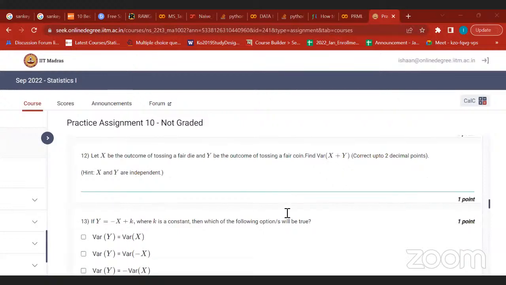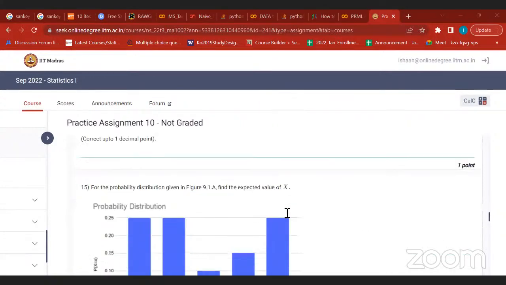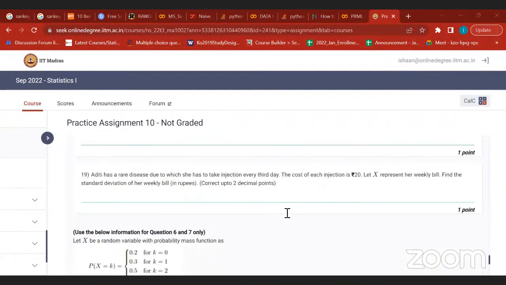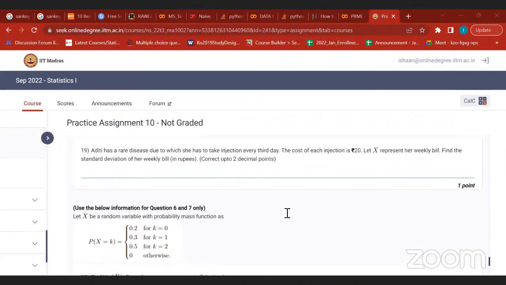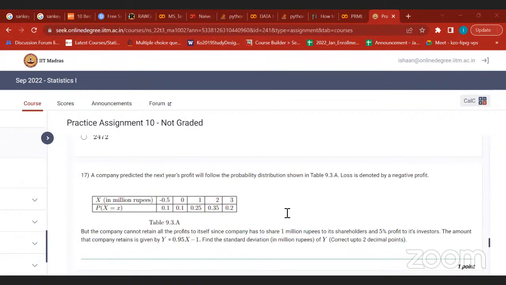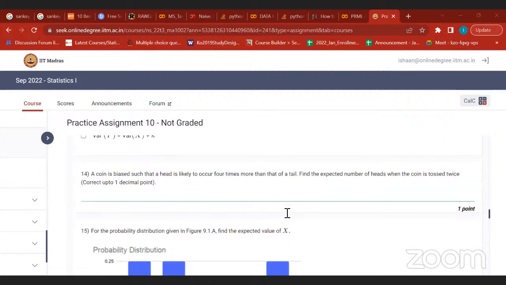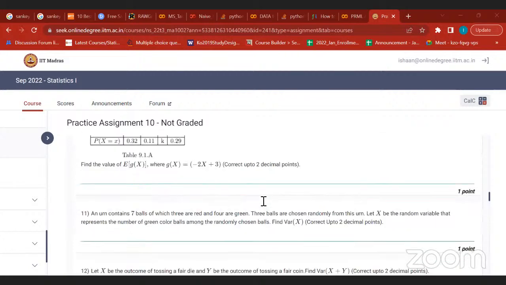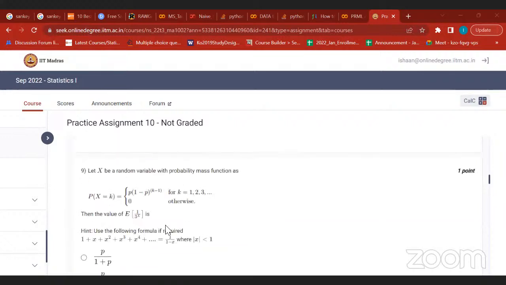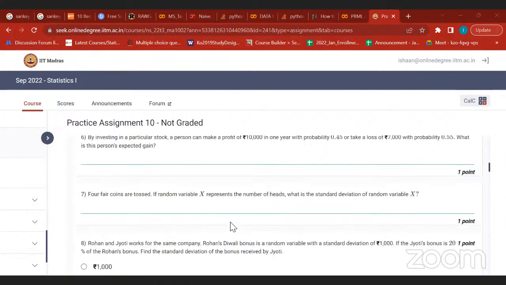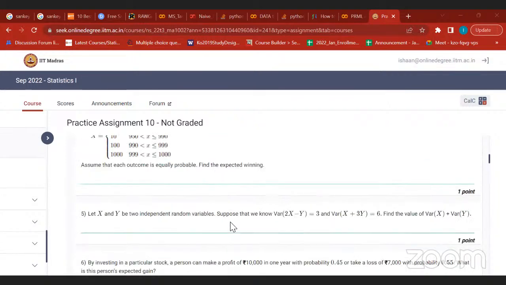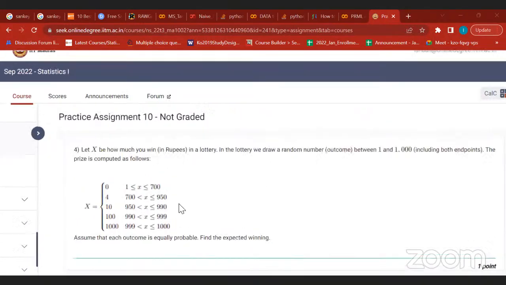Sir, just a small query. It was a question in a practice assignment again, and I have the chart that was given. It was some lottery kind of question, and there were ranges and all that. I calculated everything, but I have one question. There are some basic mathematical notations that I understand. But when we are calculating, let's say, 1 less than or equal to x less than or equal to 700, we are actually including both the endpoints.